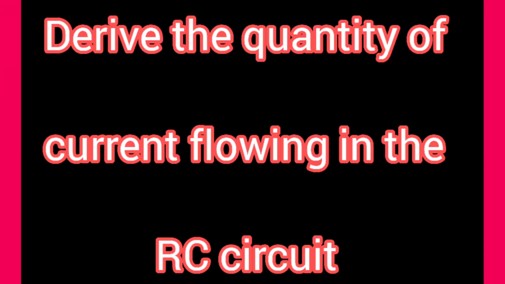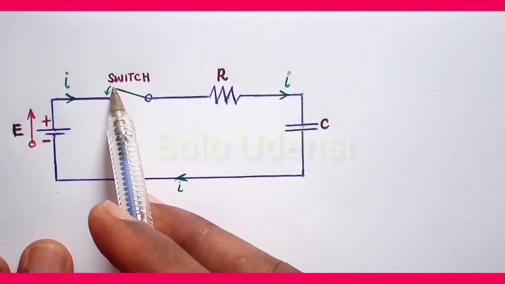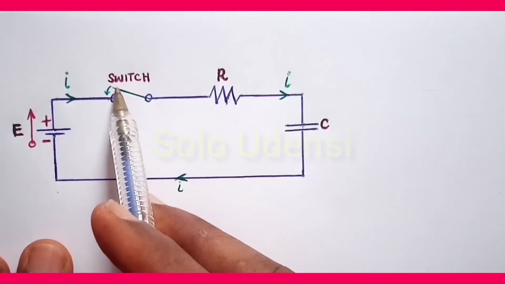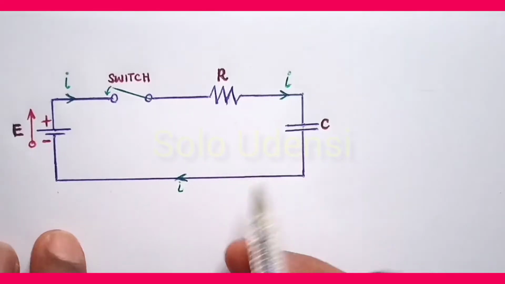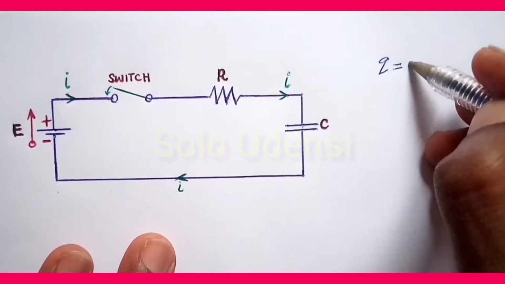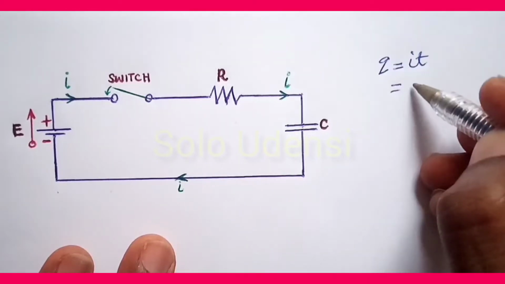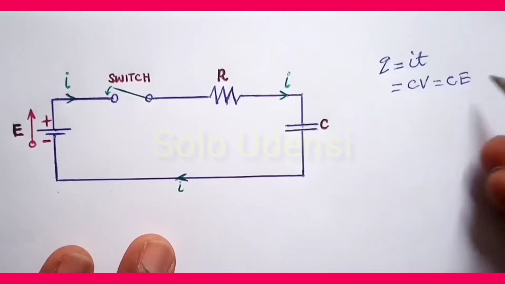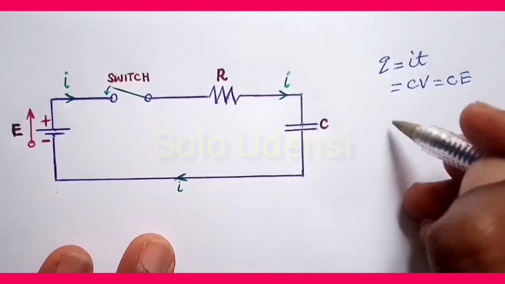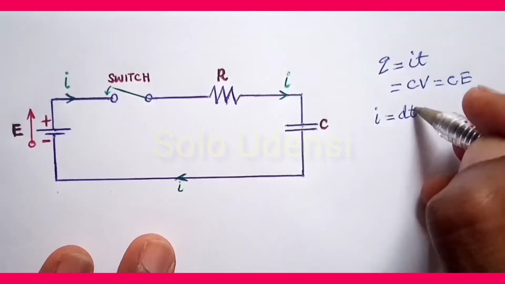Derive the quantity of current flowing in the RC circuit. Immediately we switch on the circuit, we bring this thing down, current I will flow, and you know that Q is equal to IT, current times time. Also, you know that Q is equal to CV. Here, our V is equal to E, so we write it as CE. And also, you know that I is change in charge